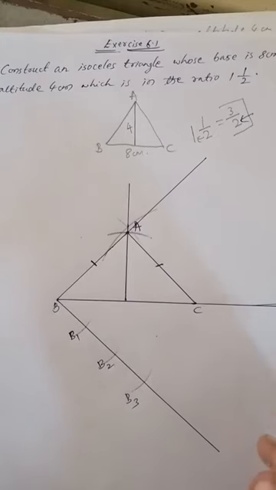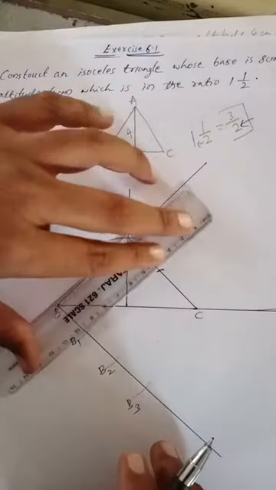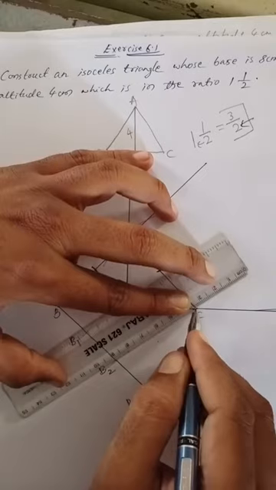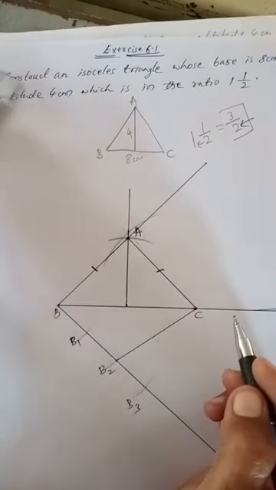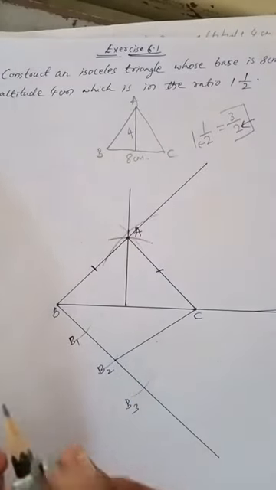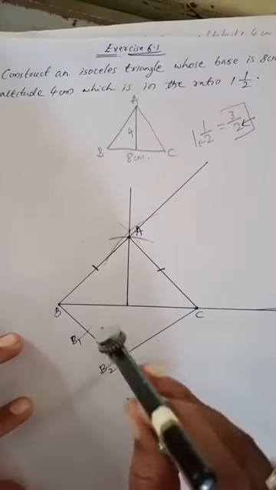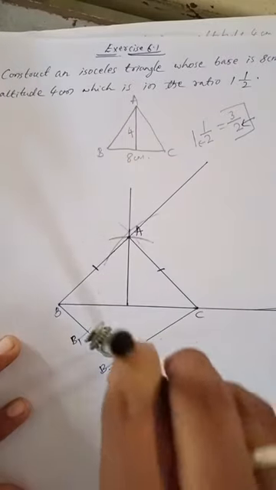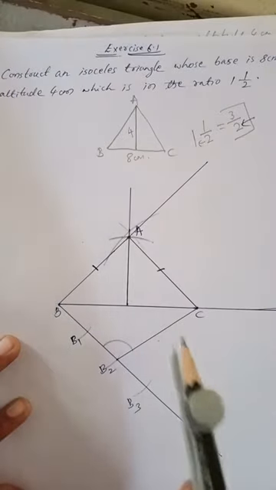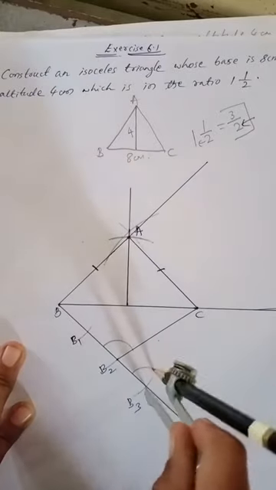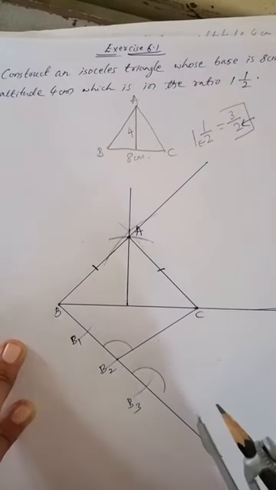Then which is the one that we have to join first? 2 is there in the denominator, so B2. From B2 to C we have to join a straight line. Yes, I have joined that. Now I am going to make an angle from B2. So for that take less than half. Draw an angle. Then this you have to keep on the numerator value, that is 3. It means B3. On B3 you have to keep it, then draw an arc like this.